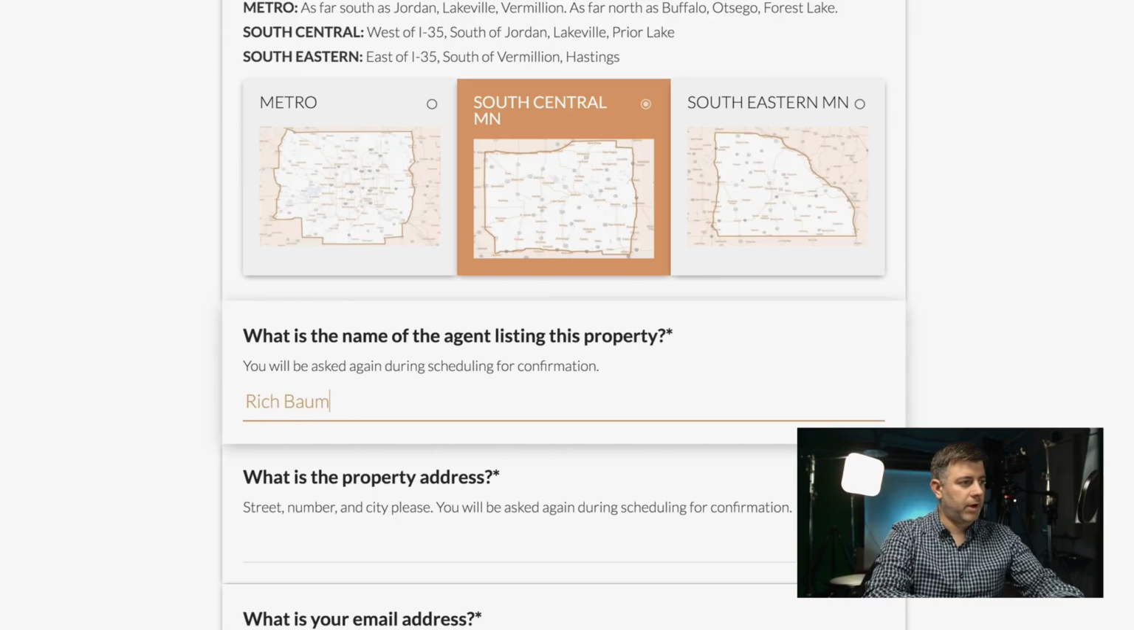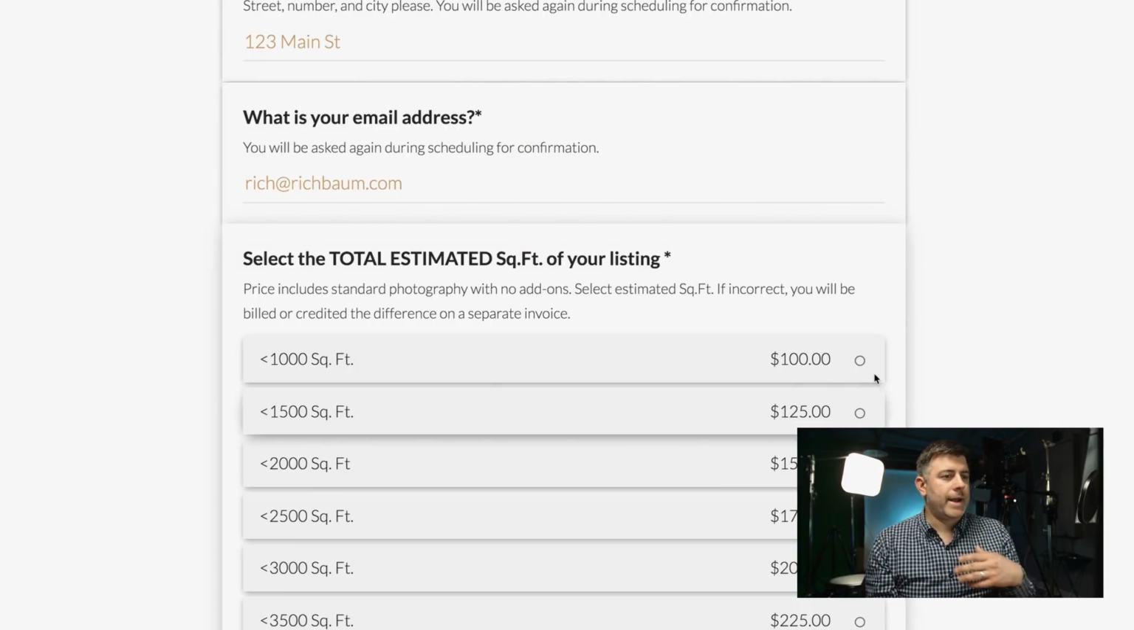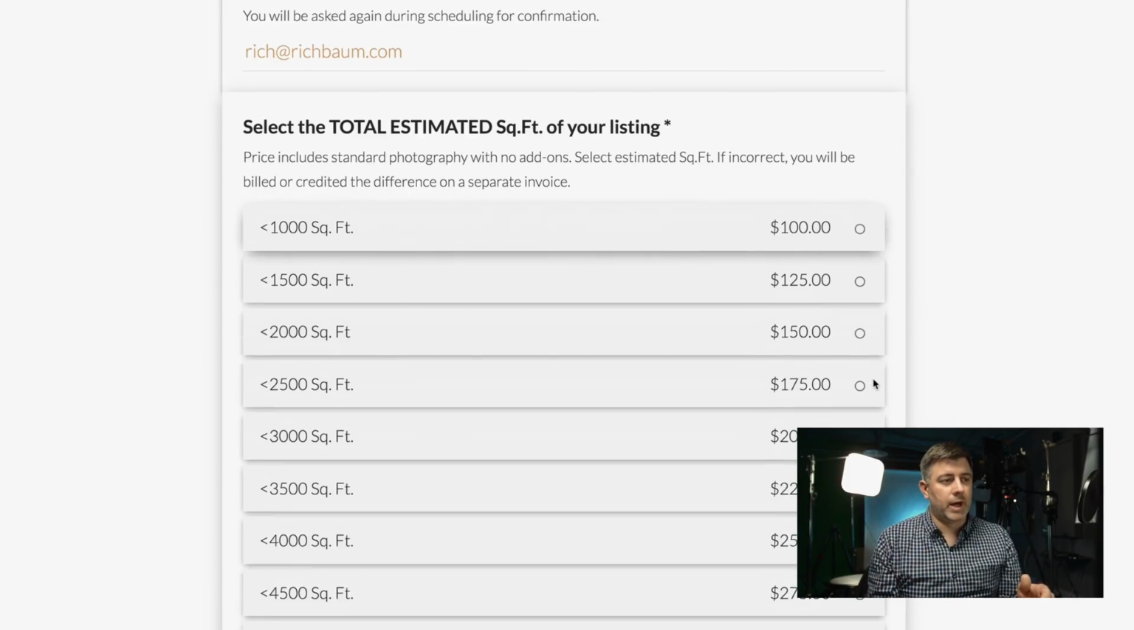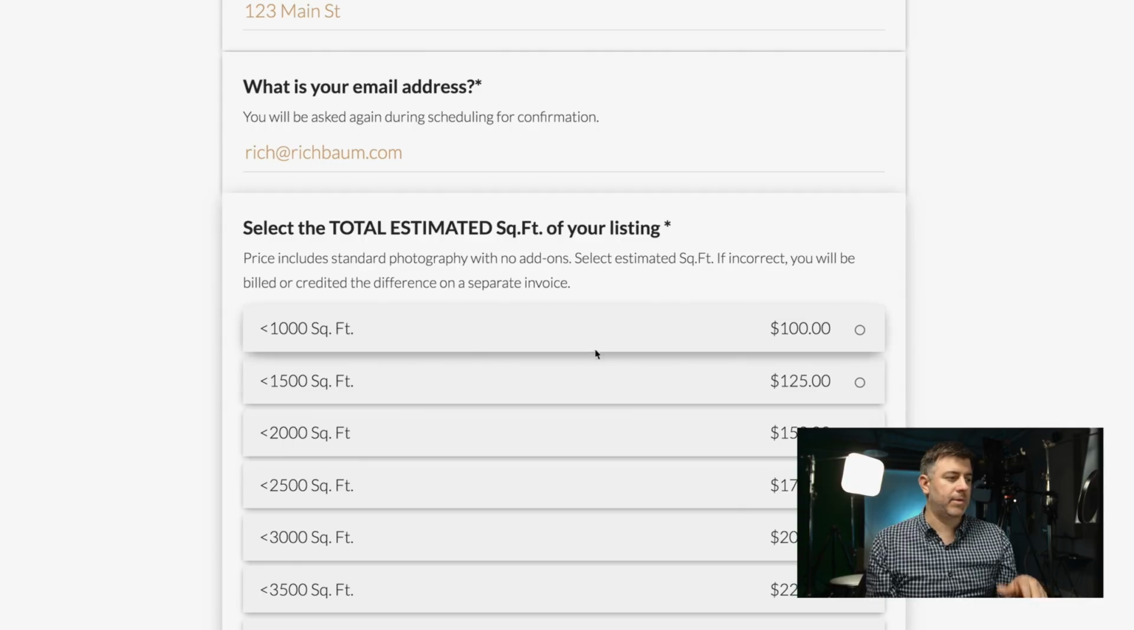Rich Bone. 123 Main Street is the street. Email address, not sure. We'll say rich@richbum.com. Now, I charge based on square footage, so I know it looks kind of overwhelming right now, but typically